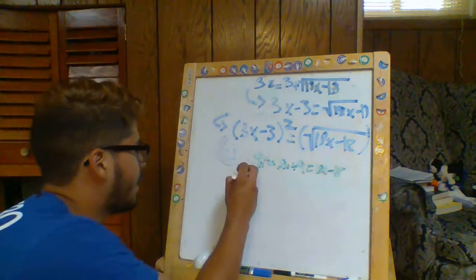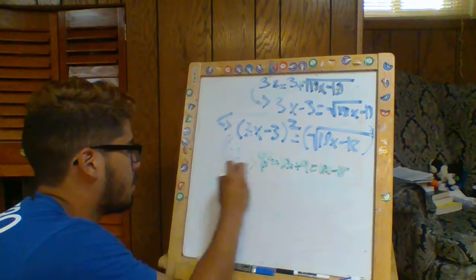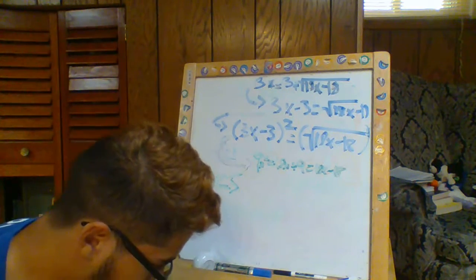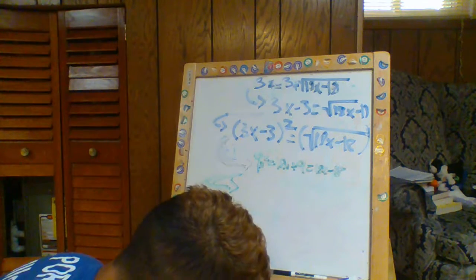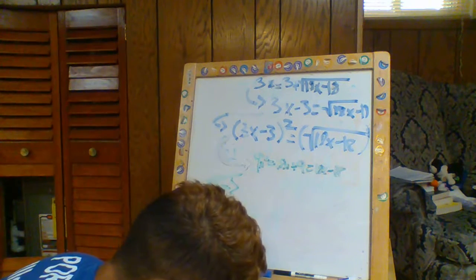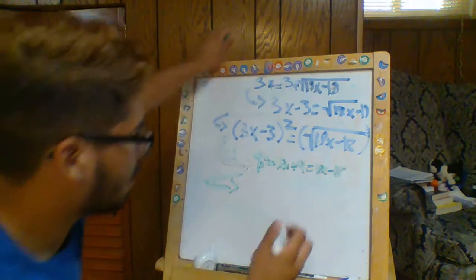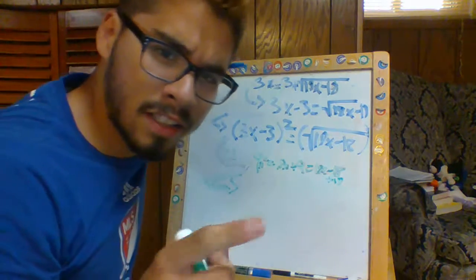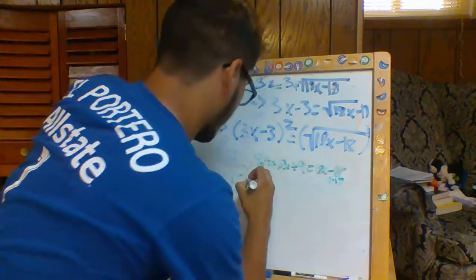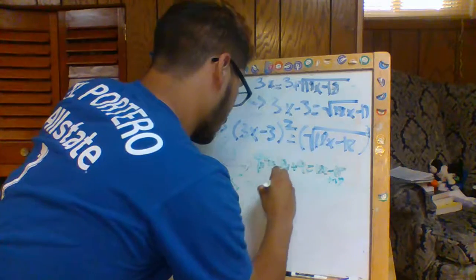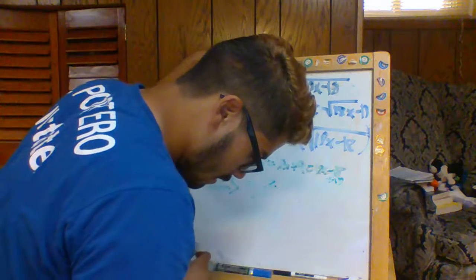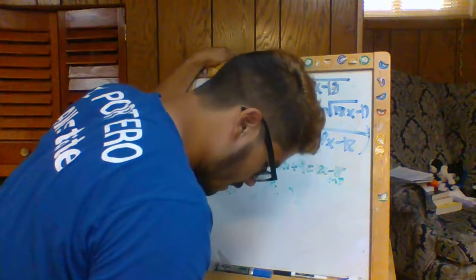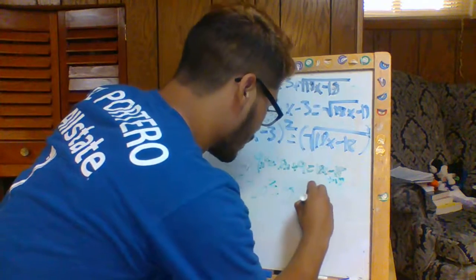Next step, you will be getting the greatest common factor. And by doing that, you're going to have to add 18 because that's the inverse function. It's from last year. And so you're going to have 9x squared minus 18x plus